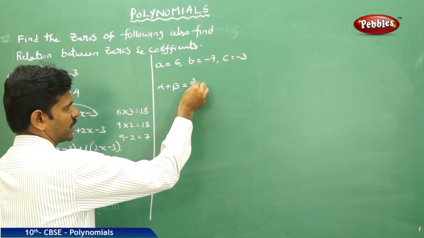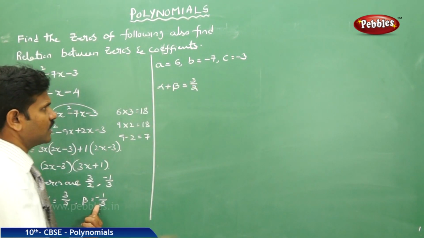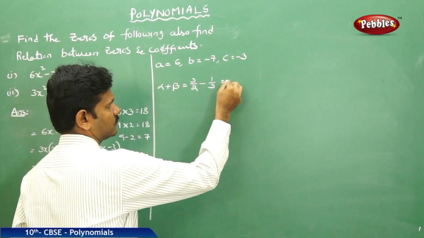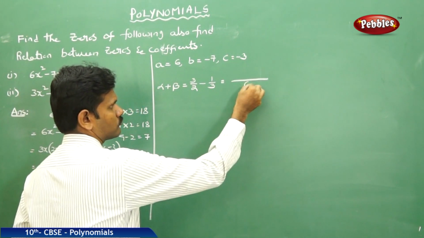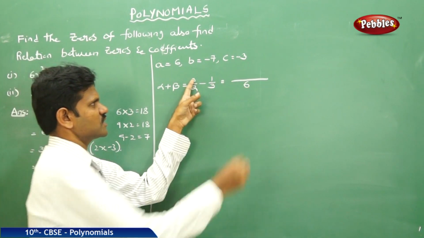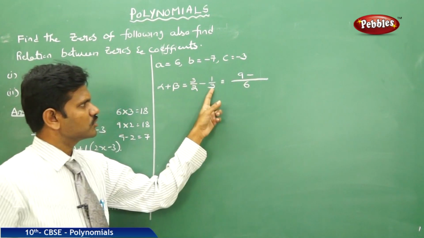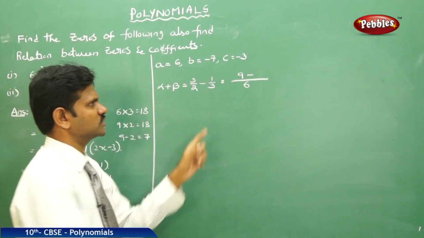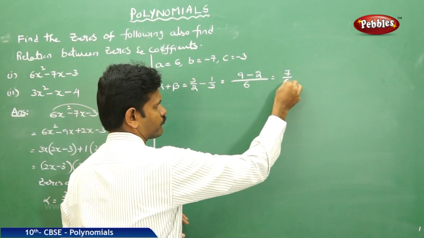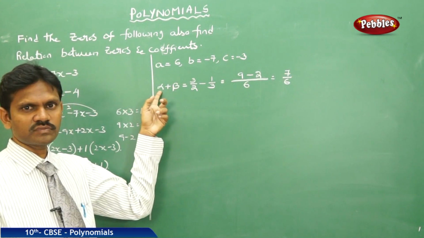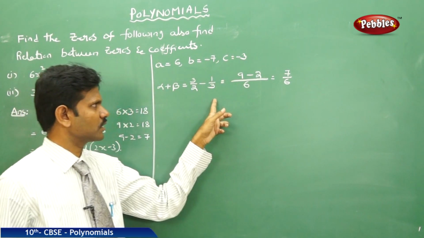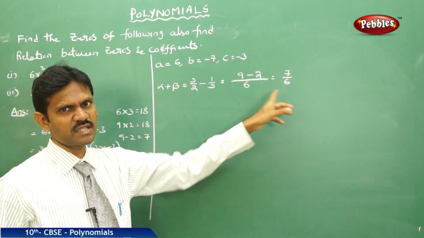Now, let us find alpha plus beta, which is equal to alpha 3 by 2, beta minus 1 by 3, which is nothing but, 6 is the LCM. 2 times 6 cancels 3 times, 3 threes are 9, minus 3 times 6 cancels 2 times, 2 ones are 2, which is nothing but 7 by 6. Alpha plus beta, the sum of the zeros, is equal to alpha value 3 by 2 minus beta value 1 by 3. After simplification, I received the answer 7 by 6.